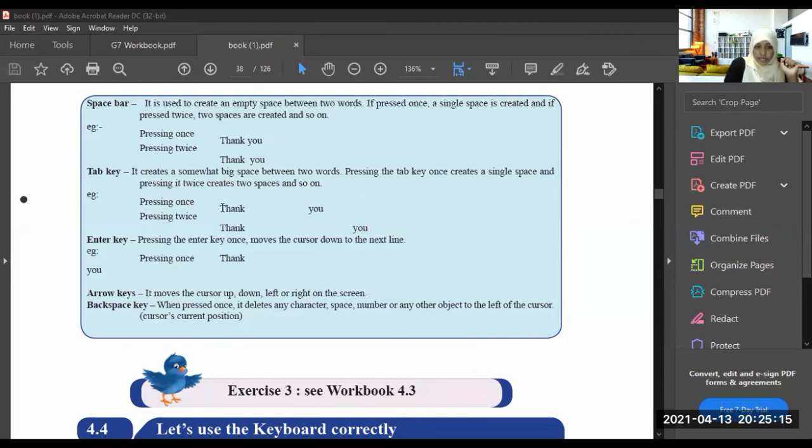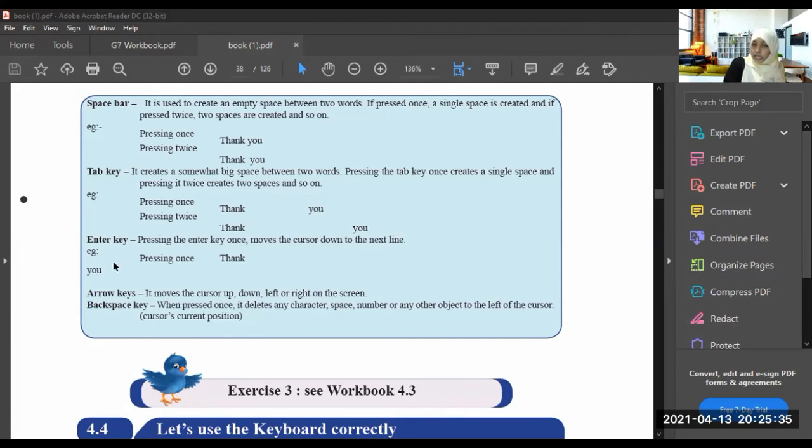For example, see here. Now here is one space, right? If you want to keep a big space between those two words, you can use the tab key. See the space between thank and you. This is a single press. If you double press the tab key, there is a pretty big space between the two words.